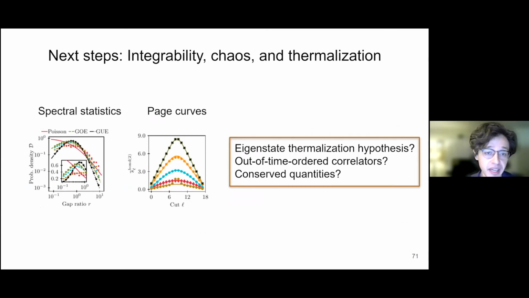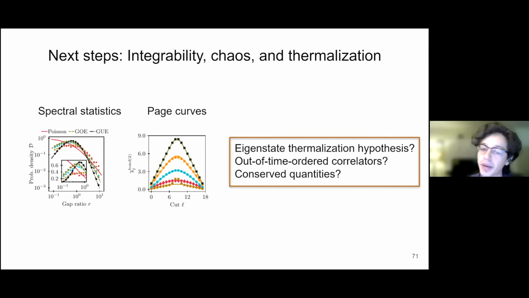And so for some next steps in this project, we're interested in looking at integrability, chaos, and thermalization ideas in the context of our quantum cellular automata. We'll want to look at things like spectral statistics of the Hamiltonian and of the entanglement spectrum. Some initial results are very interesting in that it looks like the Goldilocks rules deviate pretty noticeably from the universal distributions. We can also look at page curves, which are like the bond entropy, but where we consider all